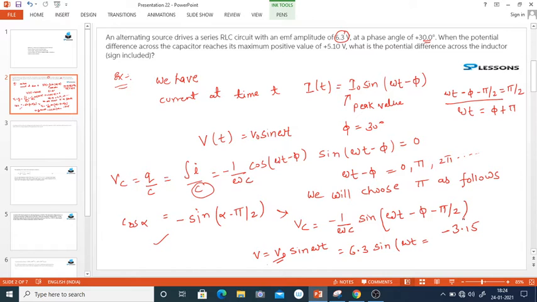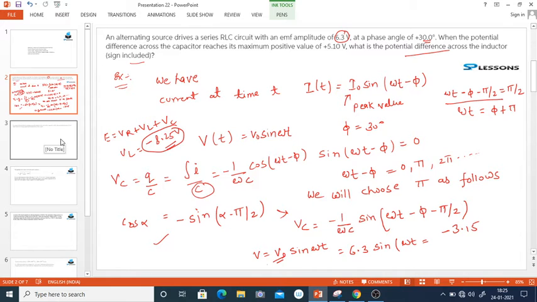Okay, and now we use the Kirchhoff law in series LCR circuit. We can write E, which is equals to VR plus VL plus VC, total voltage, which is equals to the driver source. Okay, so putting in the values of VR, VL and VC, we can write VL, which is equals to minus 8.25 volt. So it is the final answer of the potential difference across the inductor with sign included. So the answer is minus 8.25 volt.